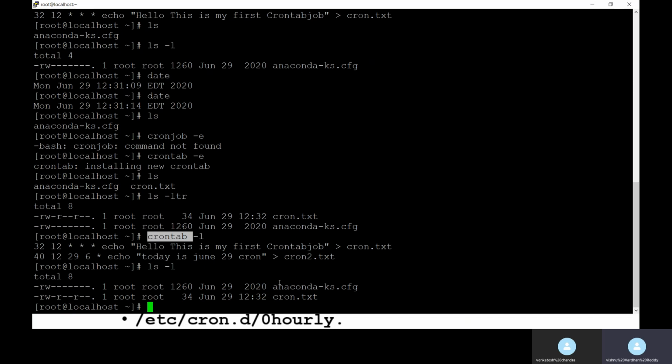You can practice with the options you can give, and you can explore other tasks. Cron jobs are useful to automate backend processes, and we take backups weekly and monthly depending on that. If you want to run some kind of scripts in the background, you can use a cron job and schedule the job. This is the use of the cron job.